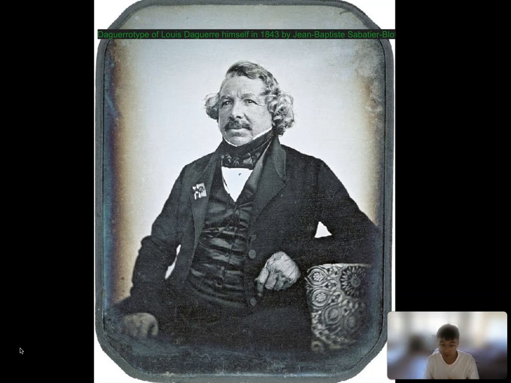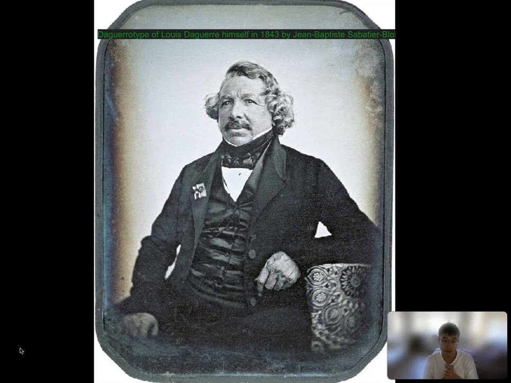So he experimented with it as well, and he developed a more mature way of recording the light, which he named after himself, Daguerre.